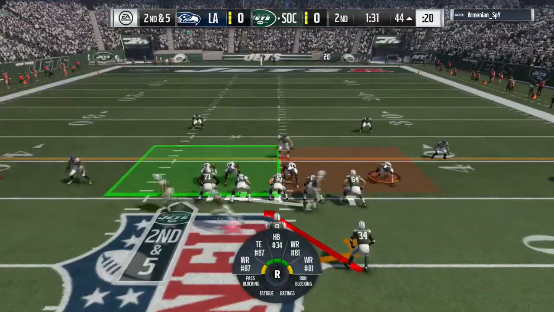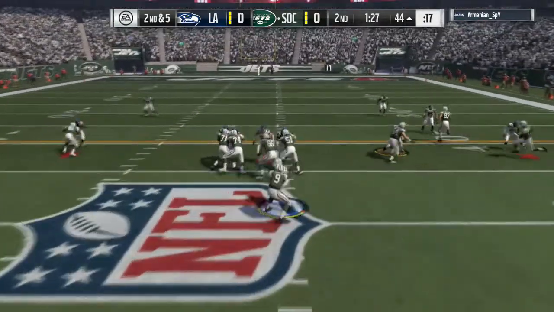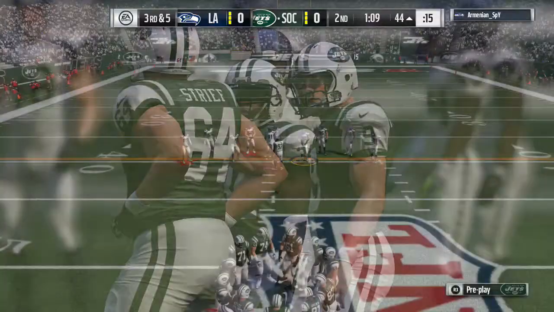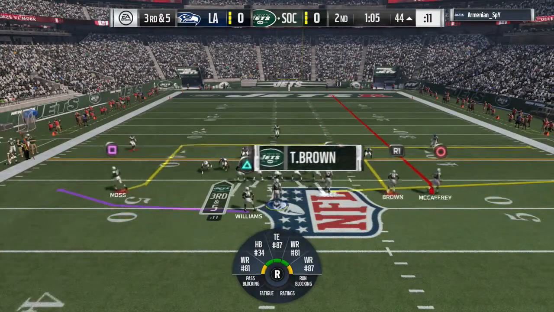What am I audibling to? Well, one of the benefits of the tight end or the Lions trey open is that you can audible to wing trips as well as the split Y flex, so you don't really lose too much as far as formation and play variety. Here is the